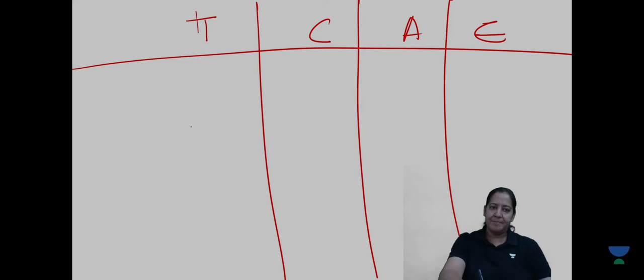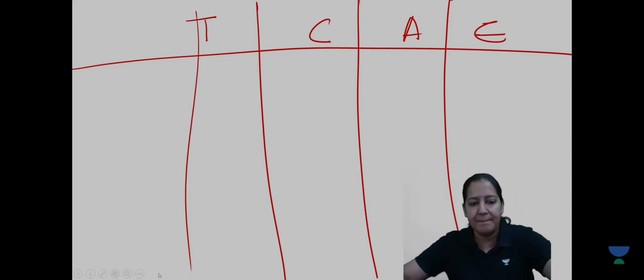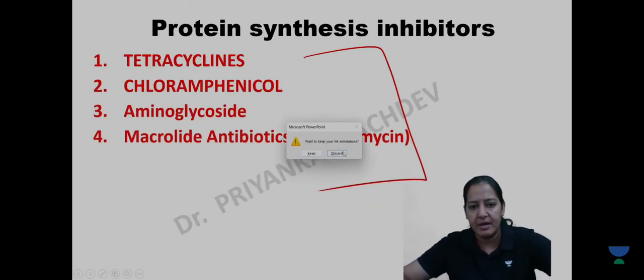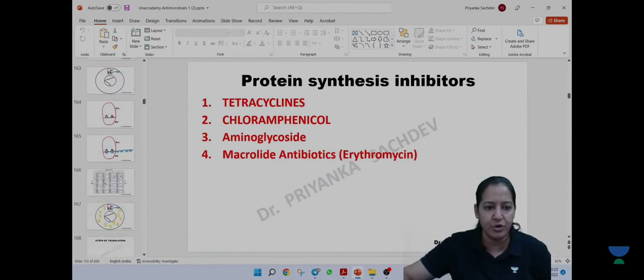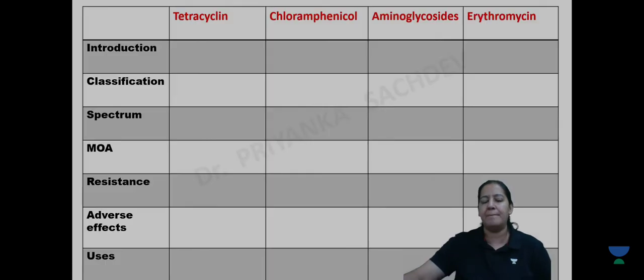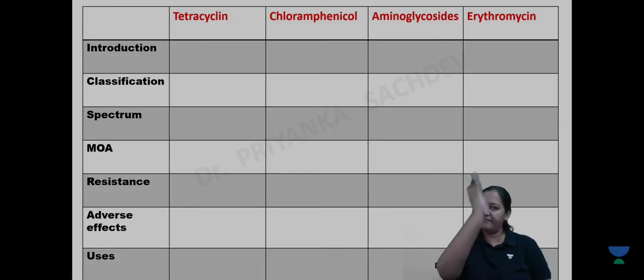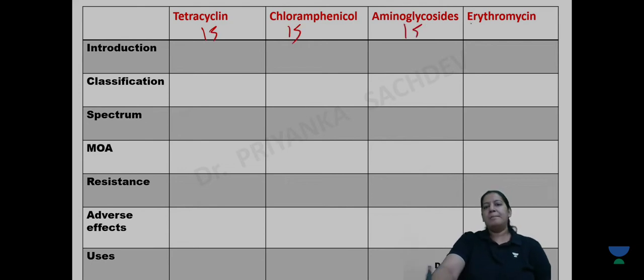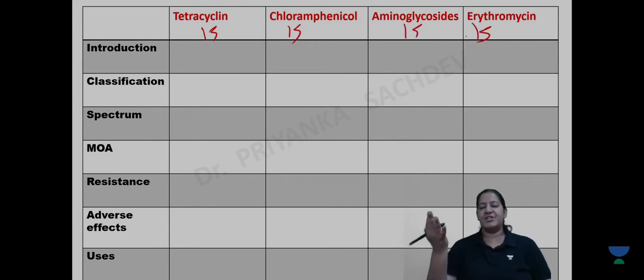So I will give you the same headings. We will be comparing them. Let me show you. Here you can see, in the same manner we will be comparing these 4. Fill this table completely one by one. It will take 15 to 20 minutes for each of them. Maybe I will require 1.5 hours for this session, but I will take this in episode number 2.